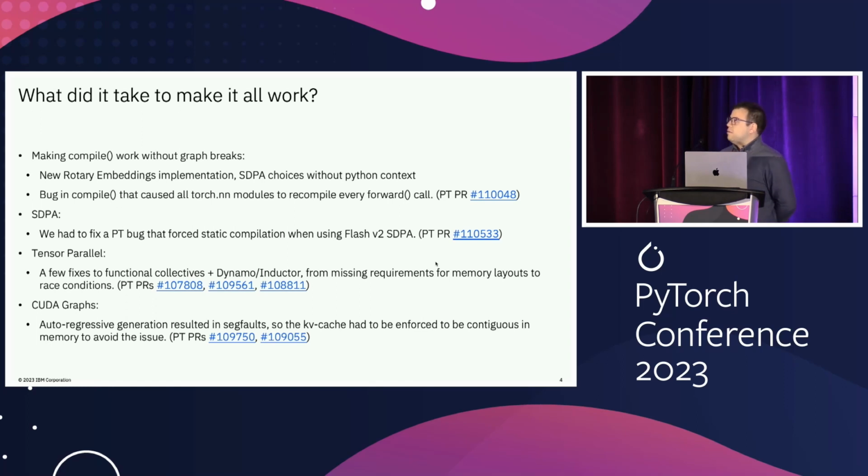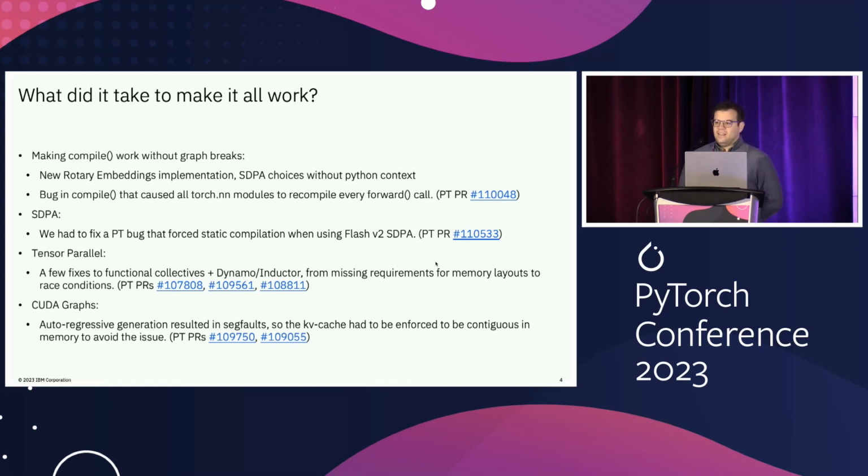Finally, we got all the numbers for 7B, 13B. Everything was working, great results. And we said, okay, let's try 7TB, right? 7TB with Tensor Parallel and everything. There's clearly some overhead on the CPU from launching all these collective kernels that's causing issues for us. So let's try CUDA graphs, which is the solution that everyone recommends when you have too much CPU overhead, right? And when we tried, we just started hitting segmentation faults, out of memory errors,